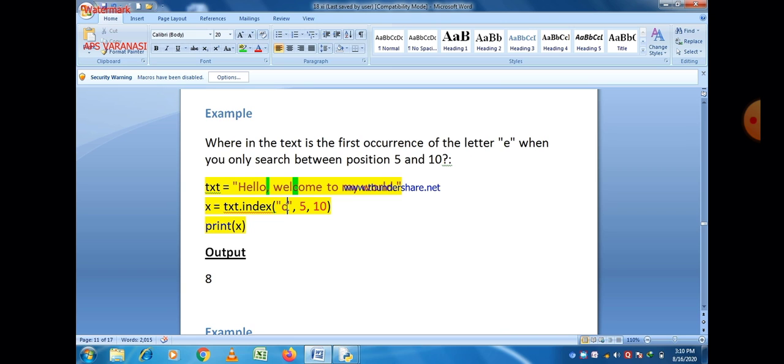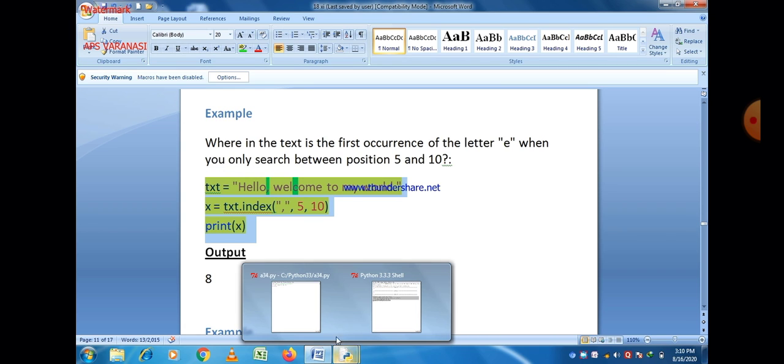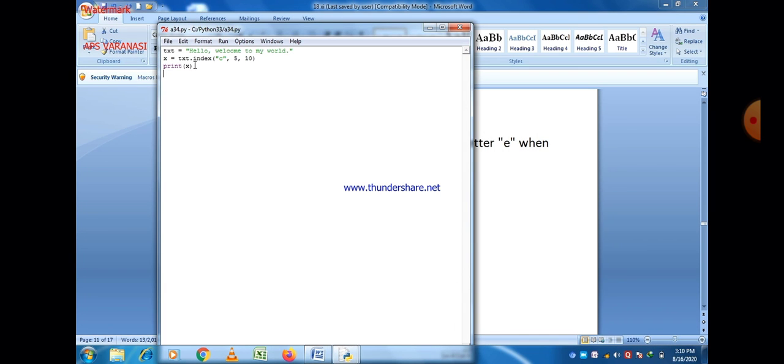Now let us check the position of the comma here. You know that the index position of the comma is 5. Let us check it. Just run the program here.